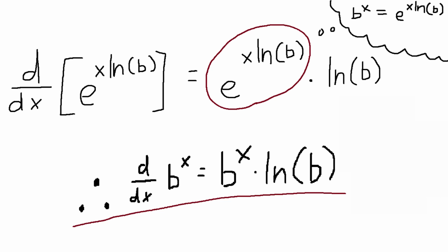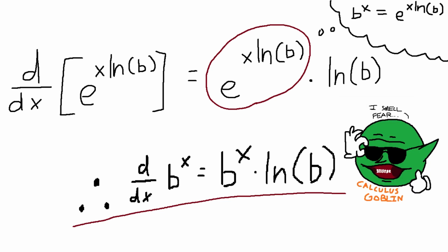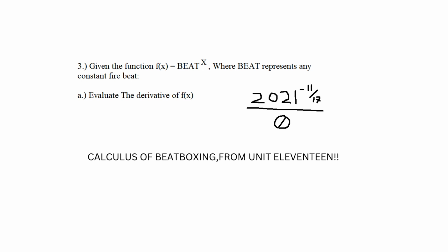Now, when coming across this type of problem on the AP exam, it is important to stay calm and not be fearful of the type of question, or else the calculus goblins will come into the room and nibble your ankles. Now, looking at this problem from the written response section of the AP exam administered in 2021 and negative 11/17 divided by 0,